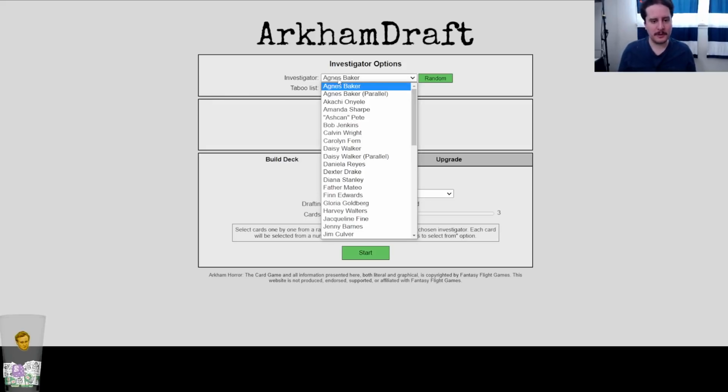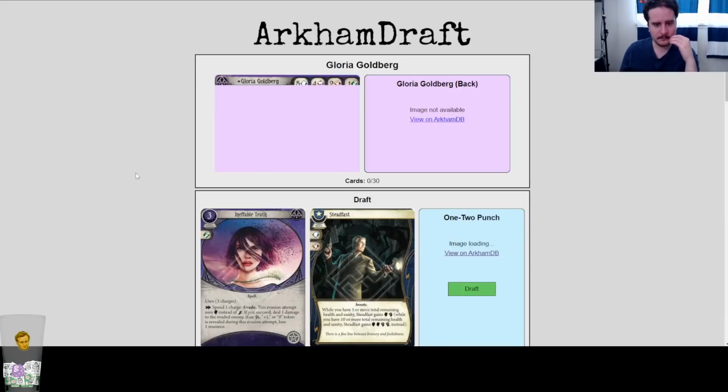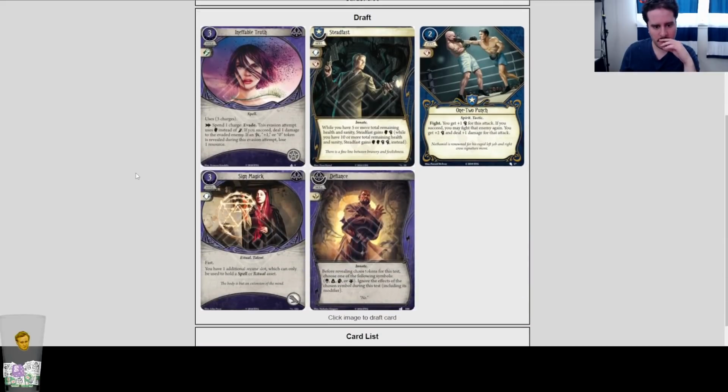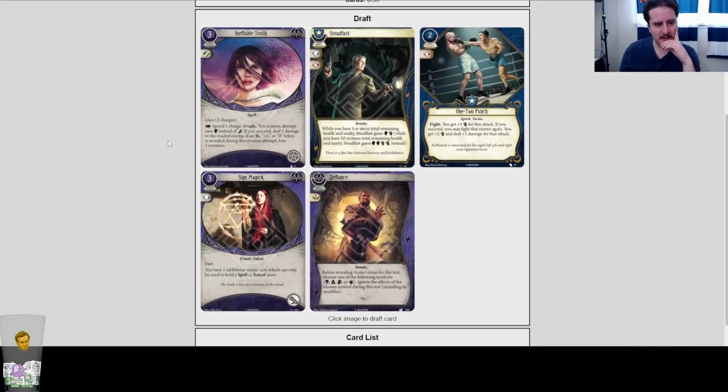Boom. All right, we're going to start with Gloria. Which off class for Gloria? Let's see what we get for our decks. Draft Myriads as 3 cards, please. Let's go. I'll tell you what, we're probably not doing a 1-2 punch here. I think what we do is I think we actually go with the...